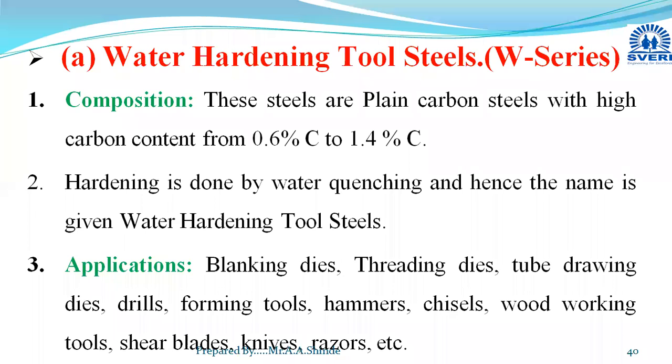Those tools will be manufactured with the help of these water hardening tool steels. Then different kinds of shear blades, knives and razors. The different kinds of knives we are using, knives and razors, all these are manufactured with the help of